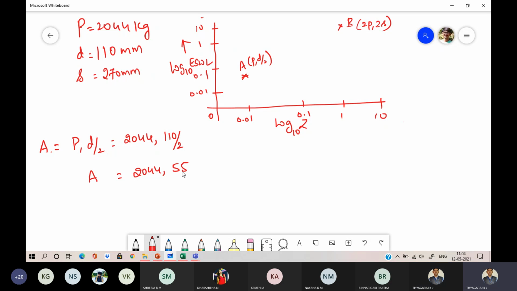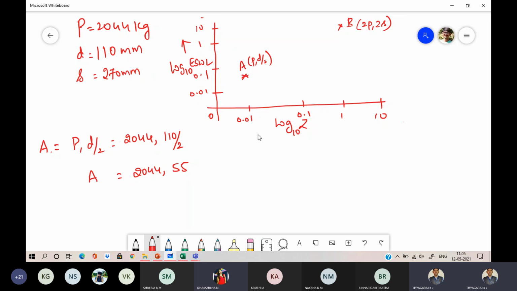So how many of you have a log graph sheet? Anybody? Or only the normal graph sheet? Normal. Okay. In the exam, you also get a log graph sheet, sir. Yes, sir. Okay. First we will go for the normal graph sheet. Later on I will come to the log graph sheet and how to plot on it.